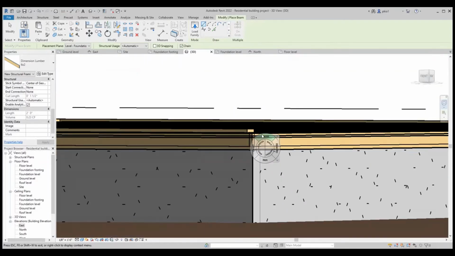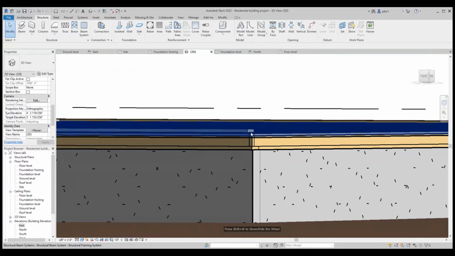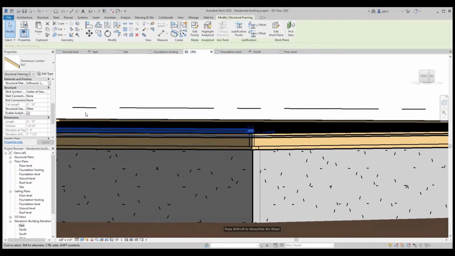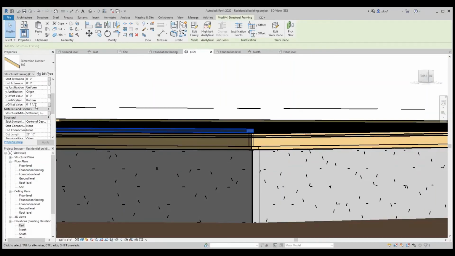But there's a gap on the bottom plate, so we select the bottom plate and go to Z offset. You see the Z offset value of 0.5. And so I'll change that to 0. Apply.